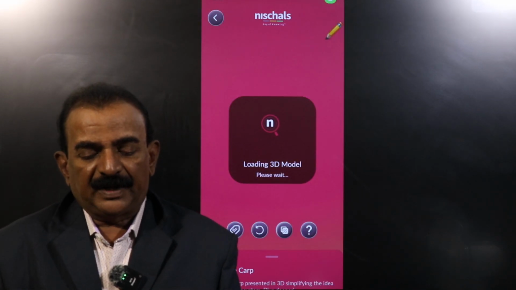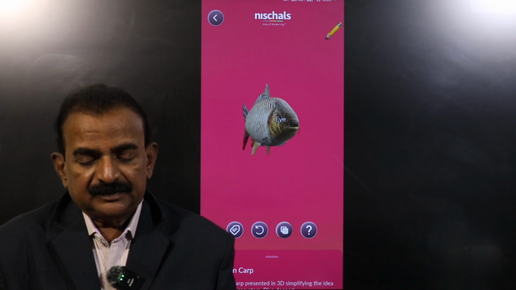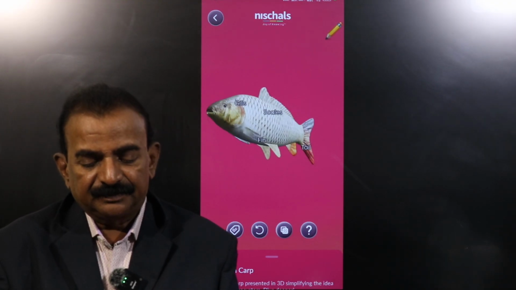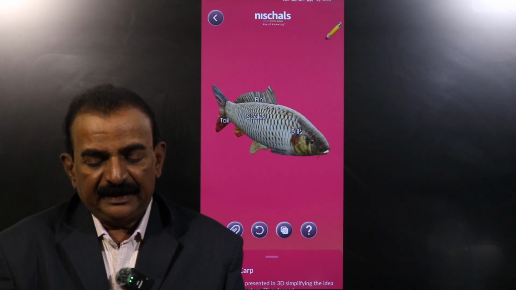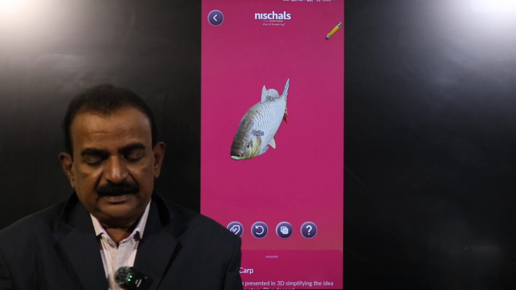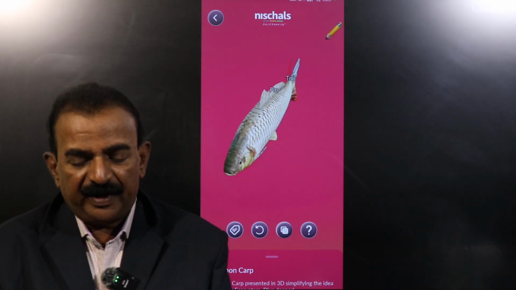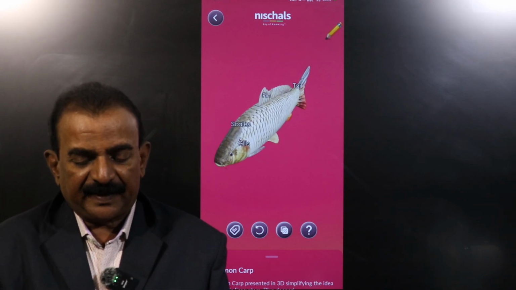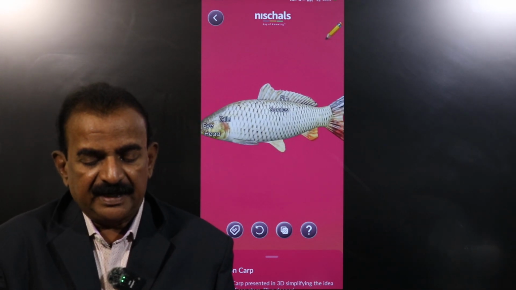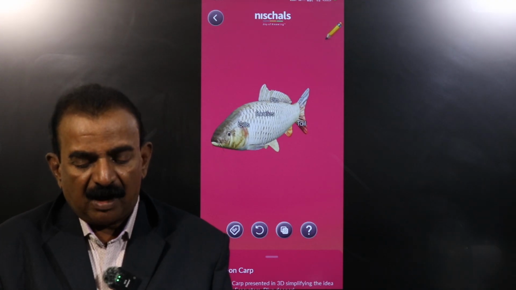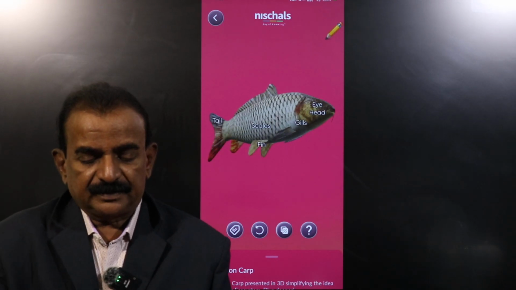Children, now we are observing another 3D model of a fish, and this fish is having fins, and this is a fin fishery. These fishes live in water, and farming of fish is called fishiculture. There you see the presence of fins, and caudal fin is there, and tail fin is there, and it is also having gills, and it is an aquatic organism, and it is included in fishiculture, farming of fish.